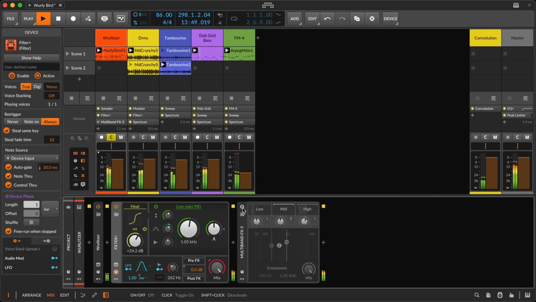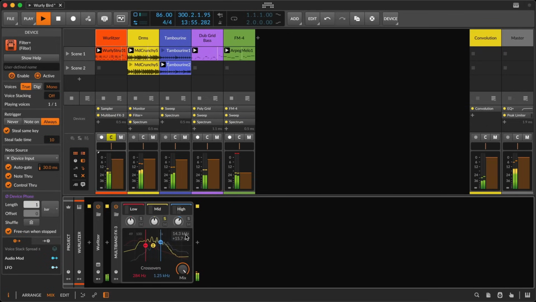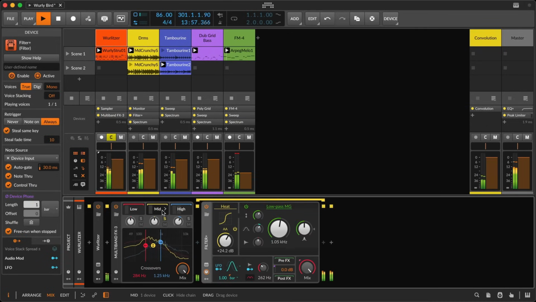We do have a whole suite in Bitwig of container devices. So perhaps this filter, only living on the midband, is the perfect answer, so that the low and high can get reinforced and sparkled in their own way.